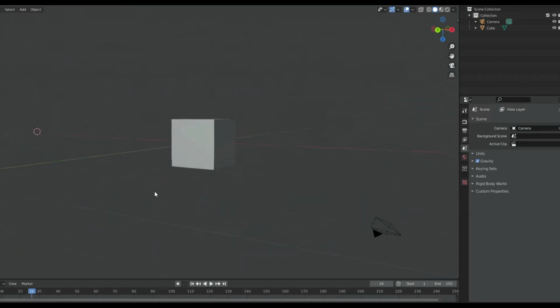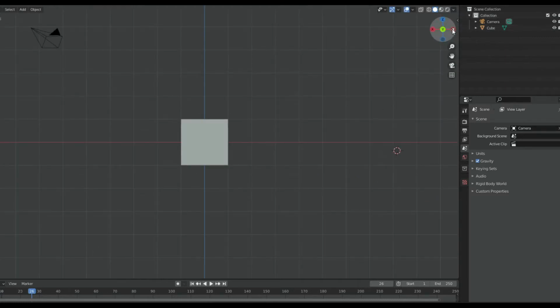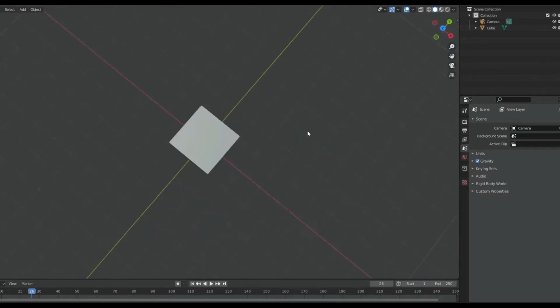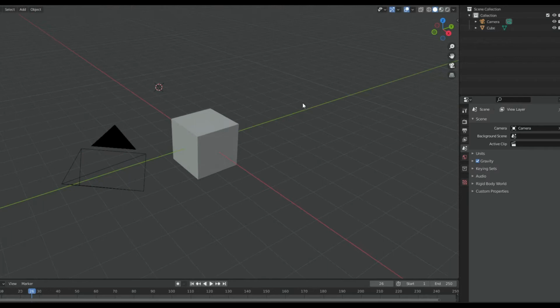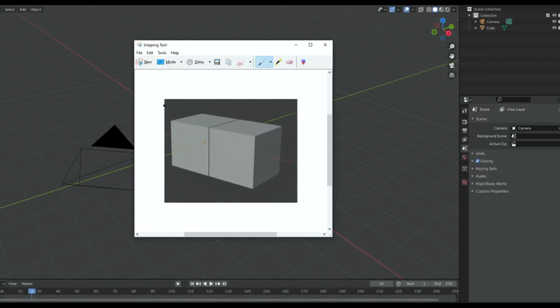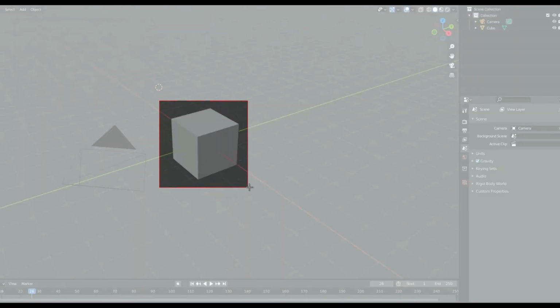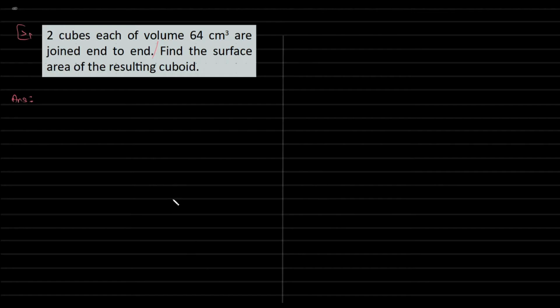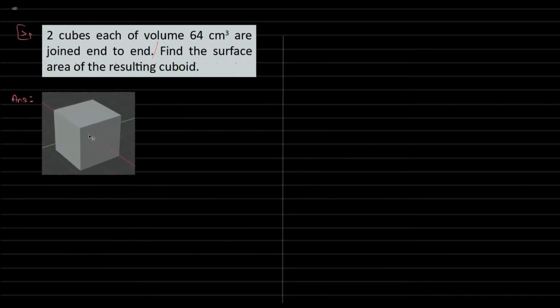If you look at it from any side, the dimensions will be the same. This is the y-axis, this is the x-axis, and this is the z-axis. In all of these dimensions, it looks the same. That's the property of a cube. So basically, the height, length, and breadth are one and the same for a cube. So each of its dimensions is a, and a, and the volume is given to be,